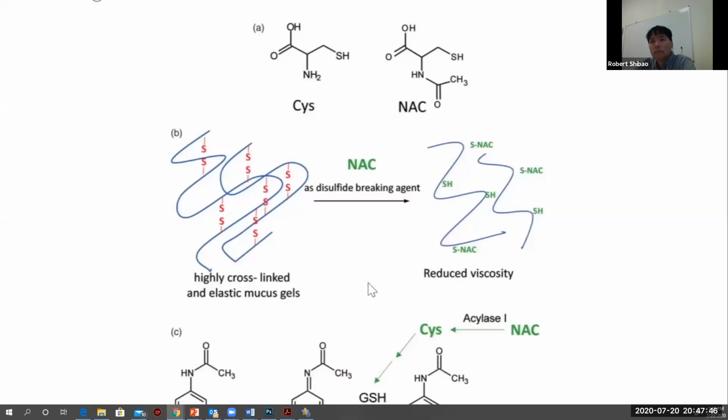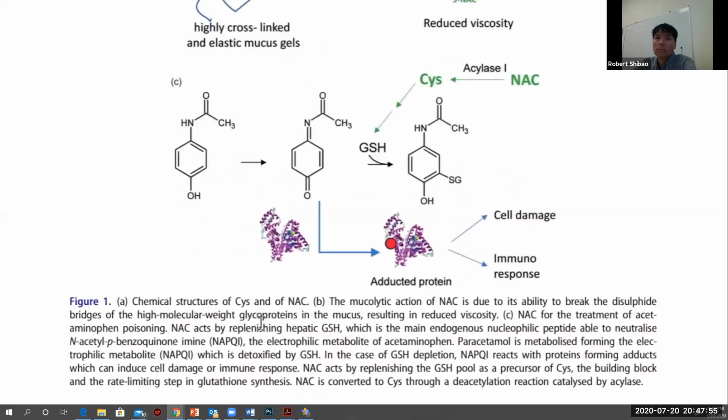And that's exactly how NAC used to be used. It used to be inhaled for people who wanted to cough up sputum that was thick. It was a mucolytic. The other thing that NAC would do is it would take the metabolite of Tylenol. If Tylenol overdose was a concern, this metabolite from the Tylenol would be here, and it would overutilize and use up all your glutathione. Well, what N-acetyl would do is you would take off the acetyl group and you'd be left with cysteine, and cysteine would recharge glutathione and allow you to metabolize the toxic agent and prevent the cell damage and the immune response that is all too well known in Tylenol overdose from liver toxicity.